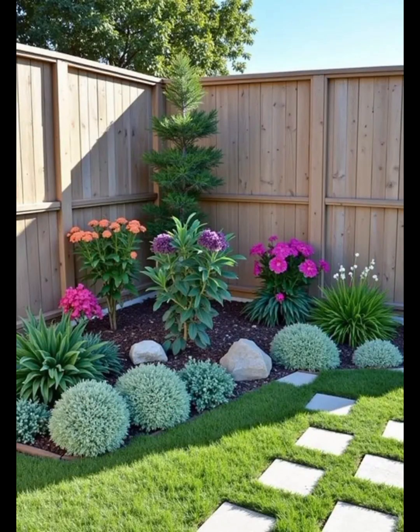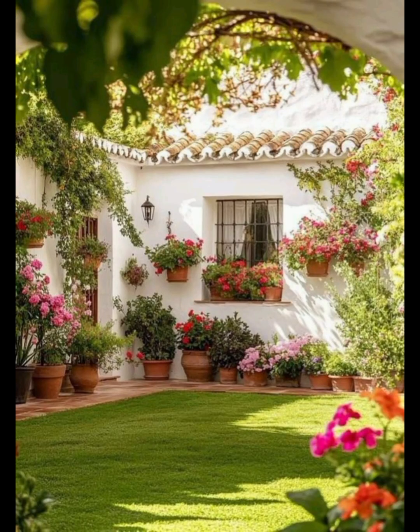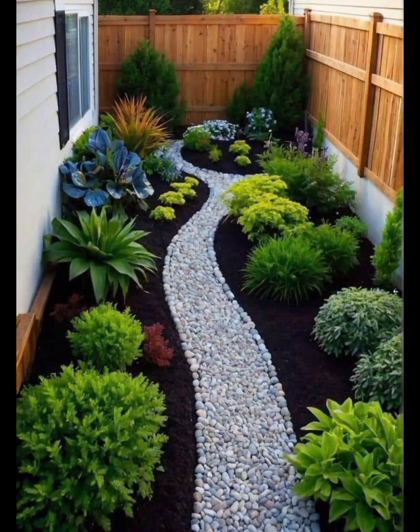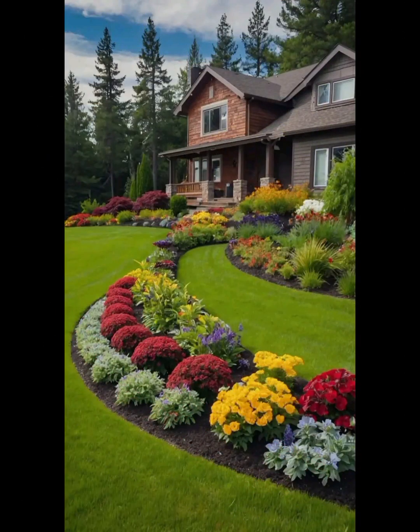Hardscaping. Incorporate hardscape elements like pathways, patios, walls, and decorative features. Use materials that complement your garden style. Focal points: include eye-catching focal points like sculptures, water